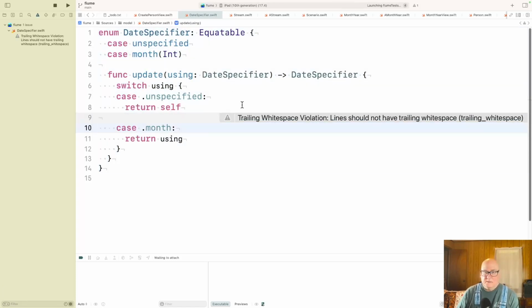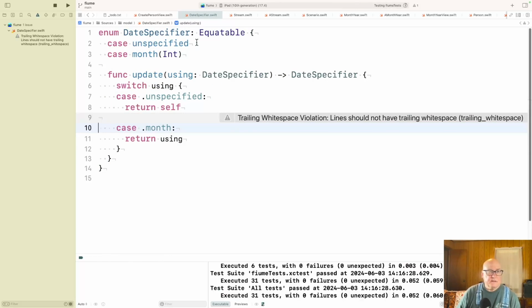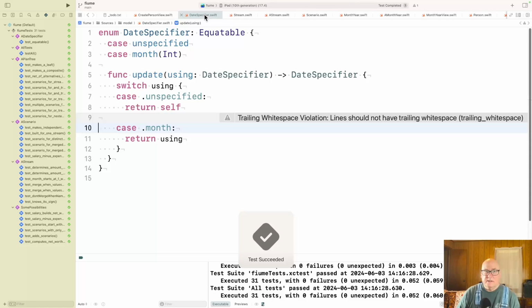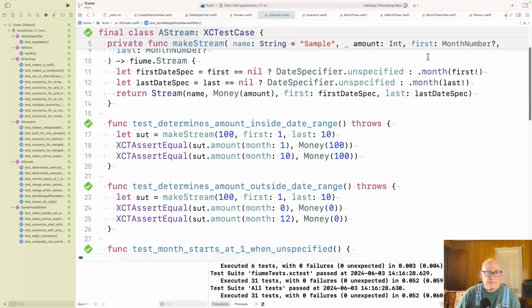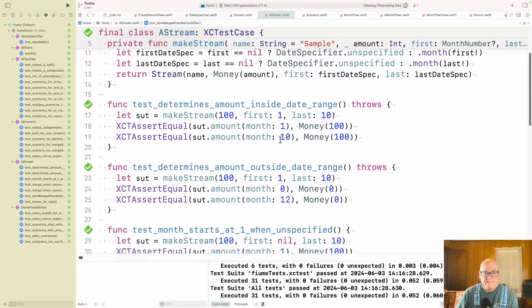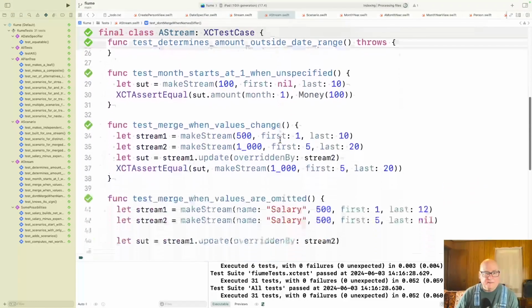Okay, so I think that's an improvement. Let's add those tests over to a date specifier. Now, amount.